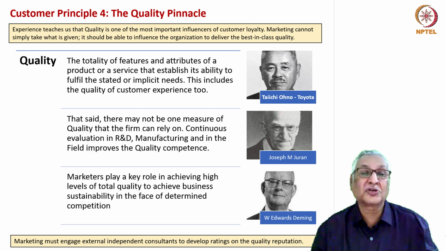There are three aspects of quality. It is defined by the totality of features and attributes of a product or a service, which establish together the ability to fulfill the stated or implicit needs. This includes the quality of customer experience too. That is, the features in total and the attributes in total of a product or service will matter a lot,